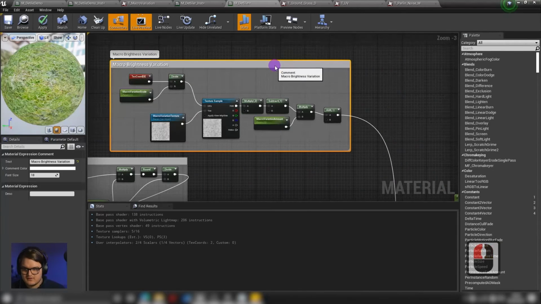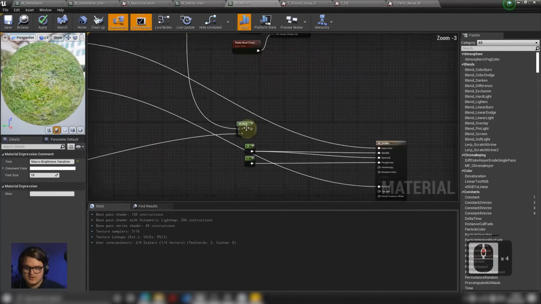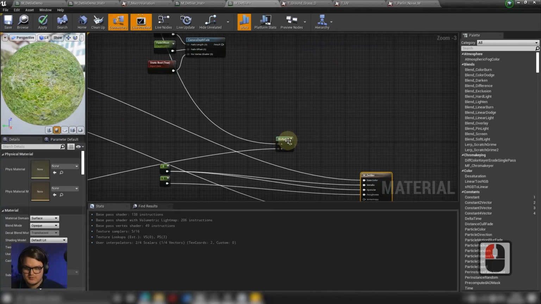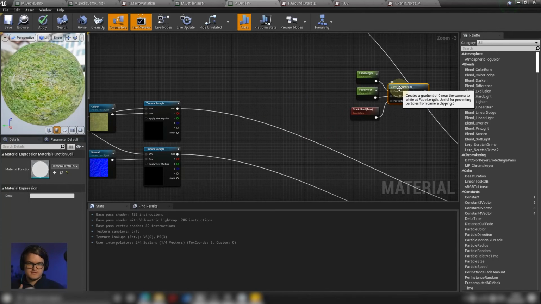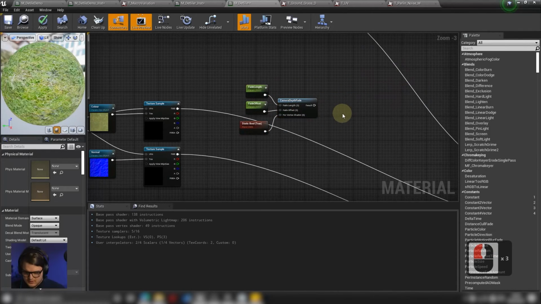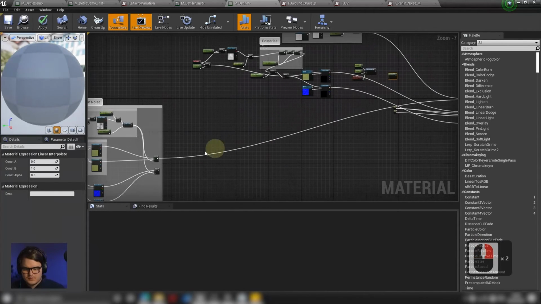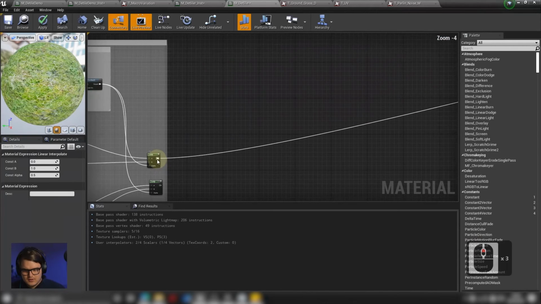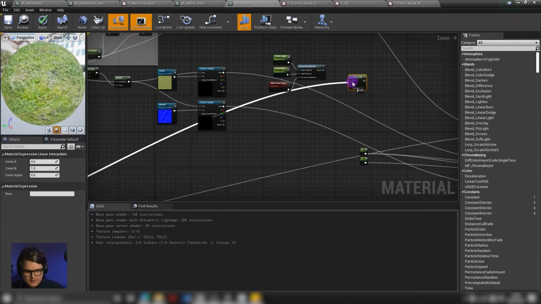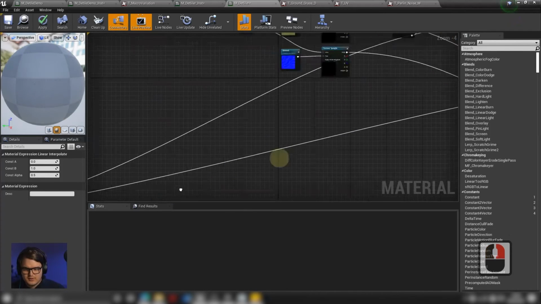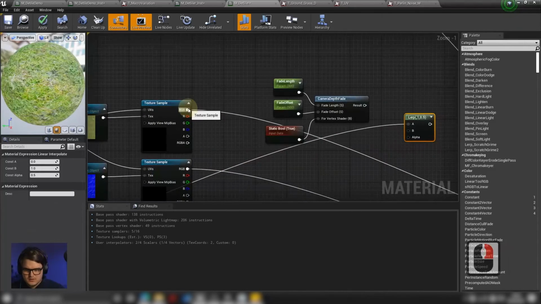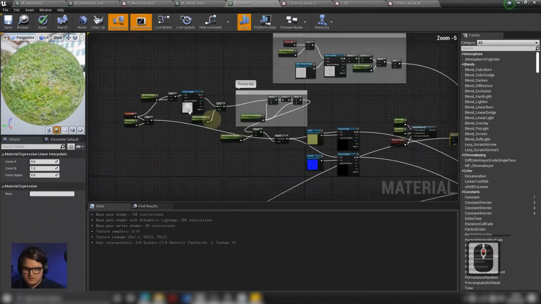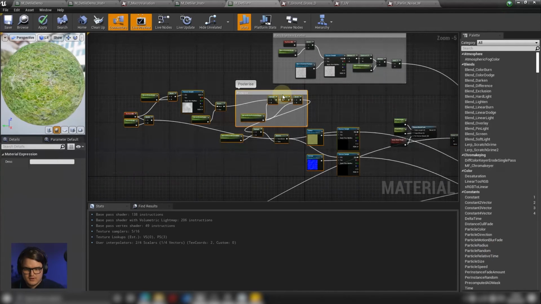Great, then we need to choose what we are fading between. And here I have the macro brightness variation, which I want to apply to everything. So I'm not going to fade after macro variation, I'm going to fade before macro variation. 0 is near the camera and 1 is distant from the camera. So we'll use this to fade, using our lerp node, to create a transition from 0, which is close to the camera, so our original near noise, to the value coming out of this whole mess of things, which is our